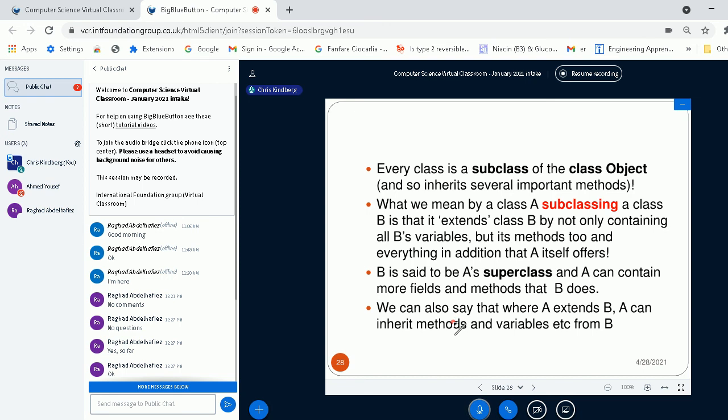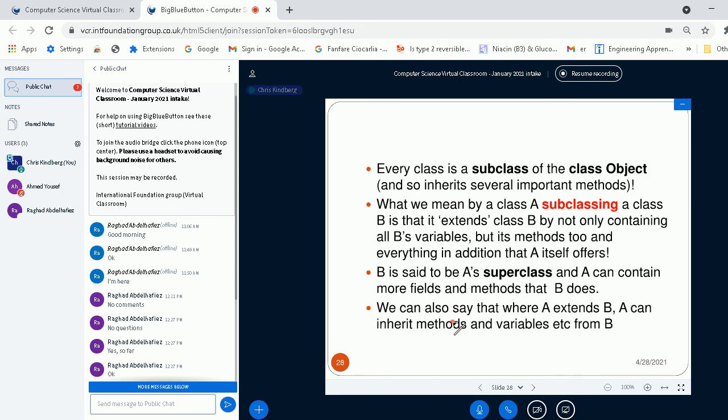And if a class B specifies some data, then if A is a subclass of B, A is going to inherit all that data for free.